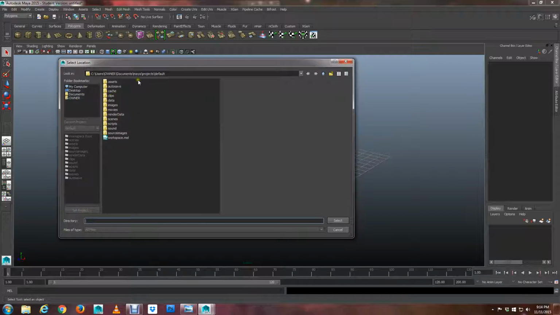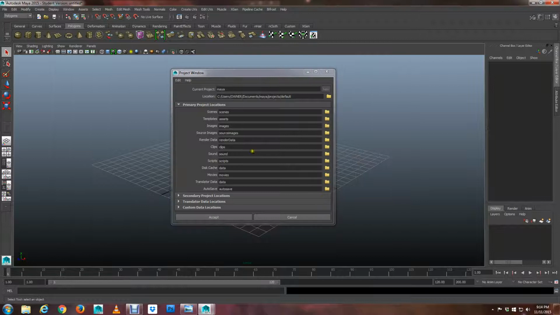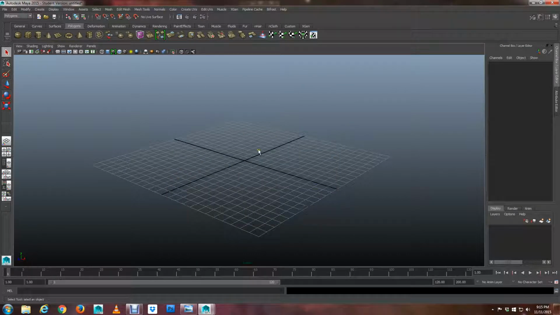So we can direct Maya to save the folder wherever we want, and once we've found the correct folder, our project folder, we say select, and then you can just say accept, and it'll create all your directories here. So it'll create a scenes directory, assets, images, source images directory, render data directory, clips, sound, scripts, data, movies, another data folder, autosave, so on and so forth. Okay. So once you have that in there,